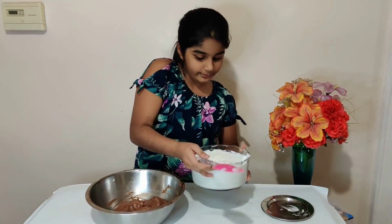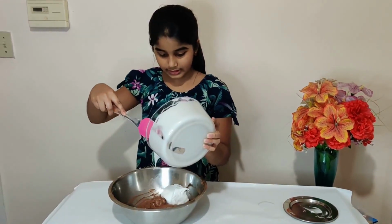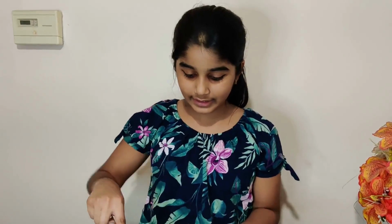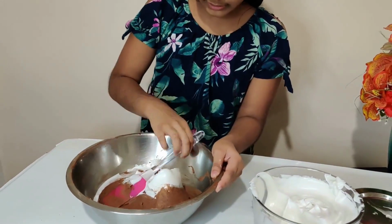So just put 1/3 of it in. It's very thick, as you can see. About that much in. And now we're going to use the cut and fold method, where you cut and then you take a fold and you're going to fold it